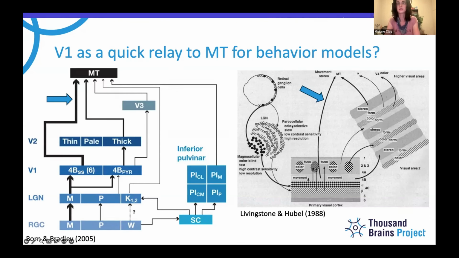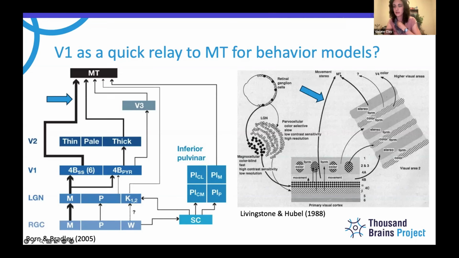We can come back to those figures for more details in a bit, but to get to my main thought when I saw this: V1 could be like a relay directly sending motion information to MT to be modeled there, because it doesn't seem to be processed much more in V1. It doesn't get pooled into a representation in layer 2, 3, and then sent forward. Instead, it enters from the magnocellular pathway into layer 4C alpha, goes up to 4B,